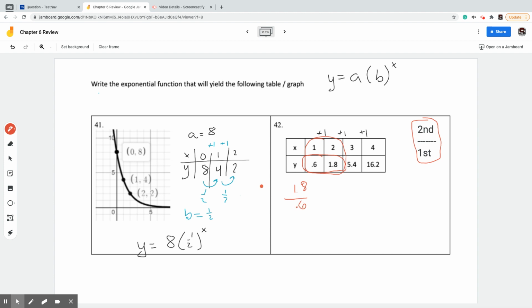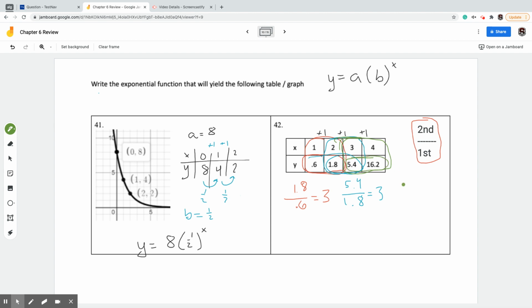I'm going to take out my calculator. I'm going to double check. What is 1.8 divided by 0.6? And I get 3. So it turns out it is a nice integer. I'm going to check my second pair. So I'm going to check 5.4 over 1.8. And my last pair,